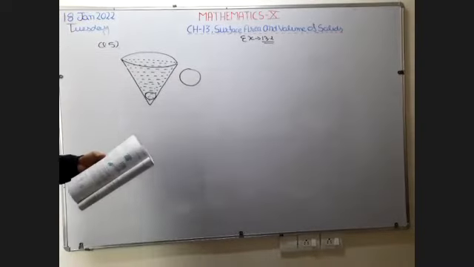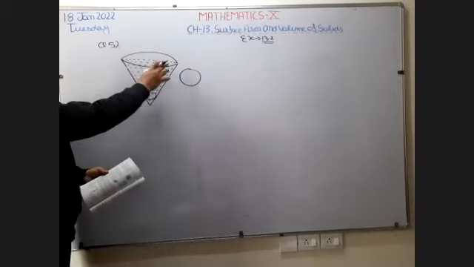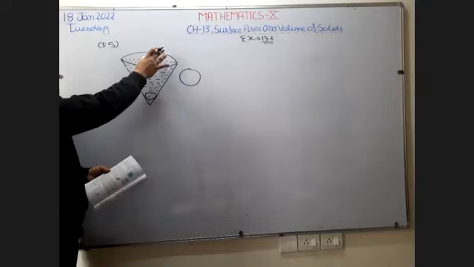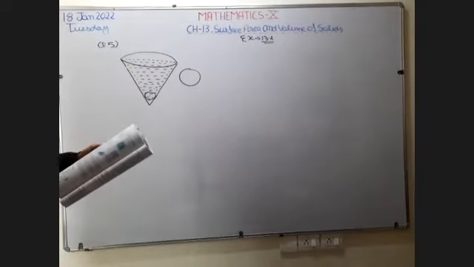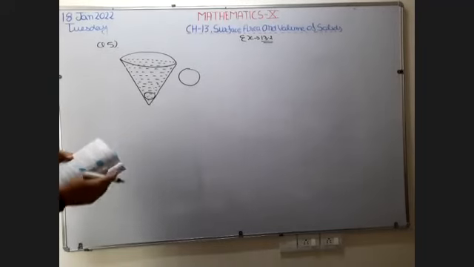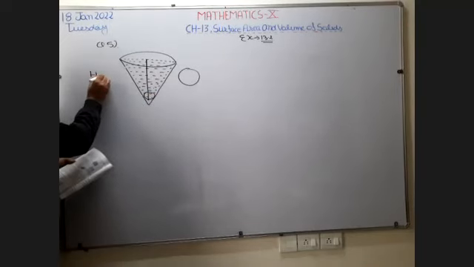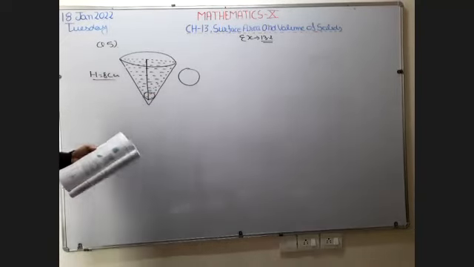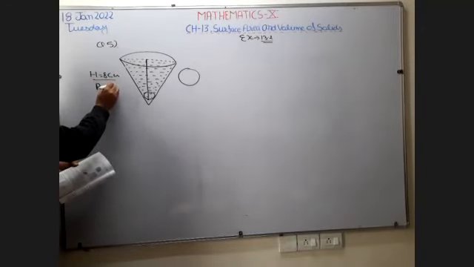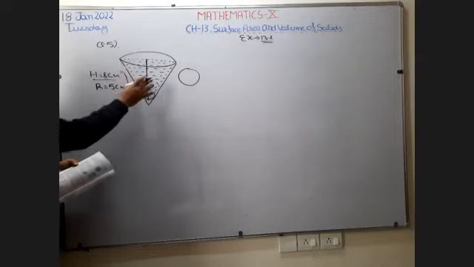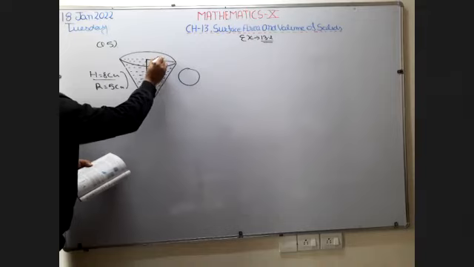Now check this question number 5, beta. A vessel is in the form of an inverted cone. So this is the shape of the conical portion. Inverted cone means the top one is upside, this is going to open from the top. Its height is given as 8 centimeters, and the radius of the top is given as 5 centimeters.